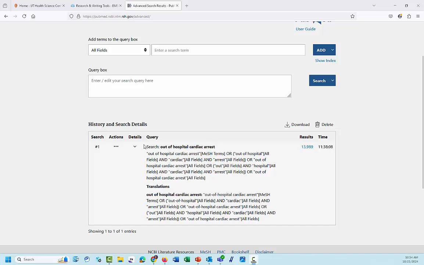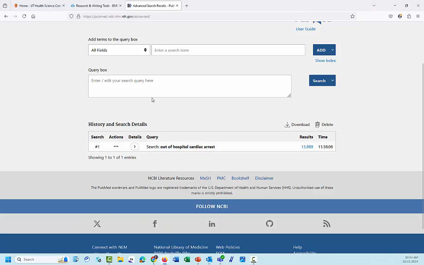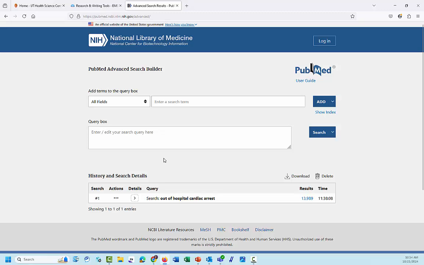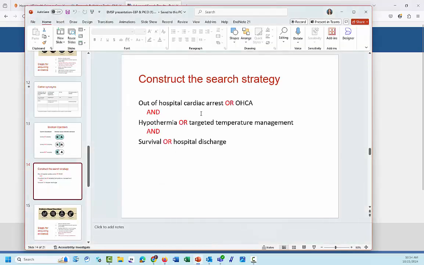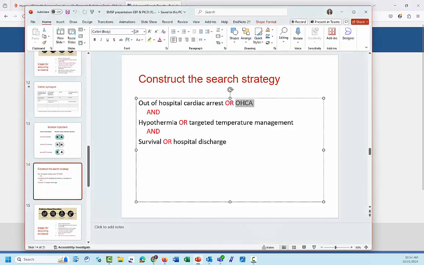So now what we're going to do is add some of our other terms and then combine them all here in this advanced search page. So I've got my search terms here. We've got our